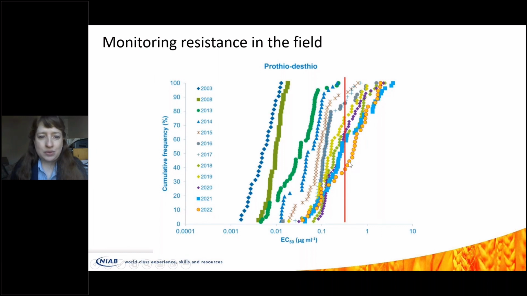From the 2022 data compared to 2021, what we're not seeing is new, even higher resistant mutations at the upper end, but what we are seeing is a bit of a shift in the middle of the population. So it's all within the range we've seen before, but within that range, we're seeing slightly more of the isolates that are slightly above the previous average. So it's not big jumps, but there is a continuing slide, as we've seen for azoles before.